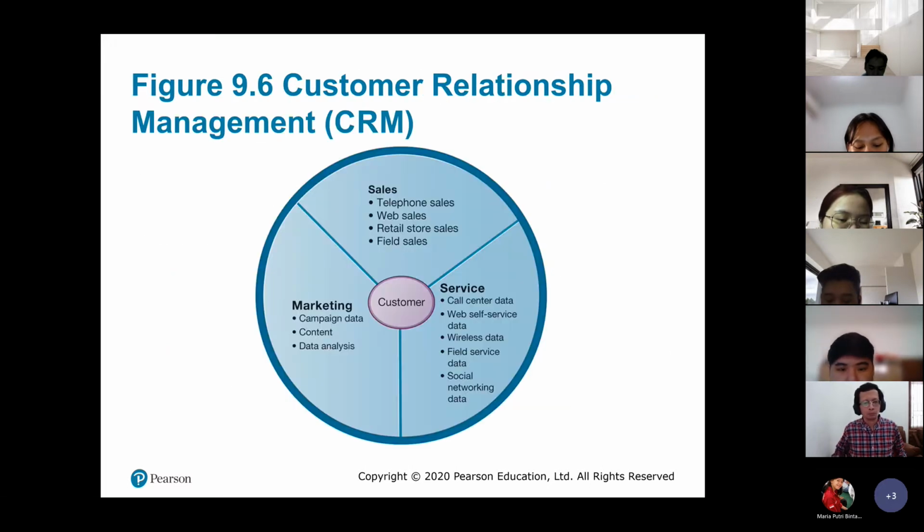So, customer relationship management will gather data from these three activities. First, the marketing campaign, to see which marketing campaign can reach the most customers.